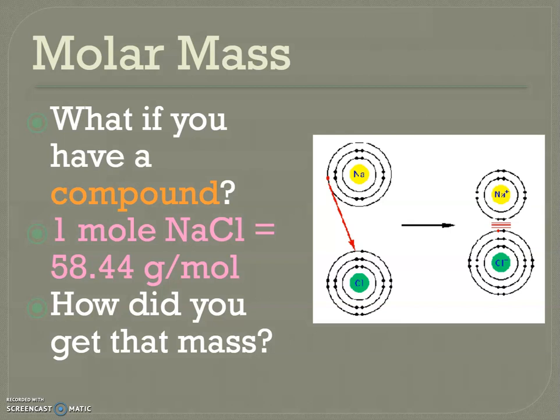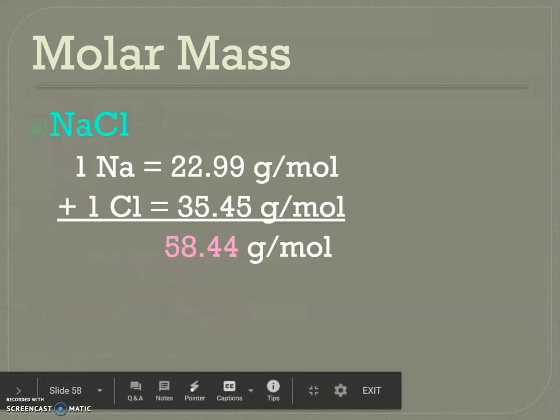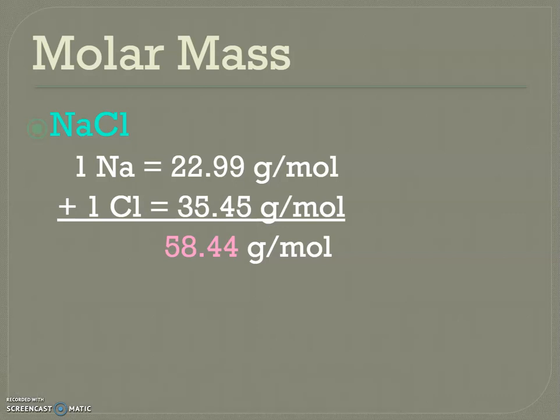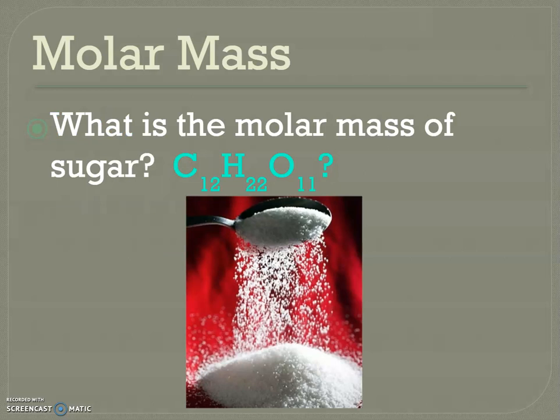If you look on your periodic table, you'll be able to find Na, 22.99. Notice it's not 23. Yes, it's annoying, but you'll be fine. You'll survive. I haven't had anybody have to go to the hospital because of rounding and being annoyed by it. And chlorine is 35.45. Then we add them together and you get our 58.44. That's the molar mass of NaCl, table salt. What if we have something a little sweeter? What if we have something like sugar, sucrose,